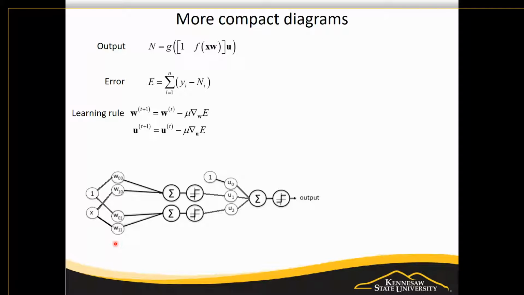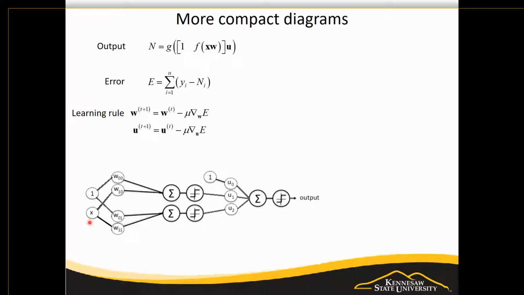So this network here is pretty simple. It has one input, technically two because we're adding the one for the bias. It has two hidden nodes, and it has one output node. This is almost the simplest network you can get, and you look at the diagram there and it's